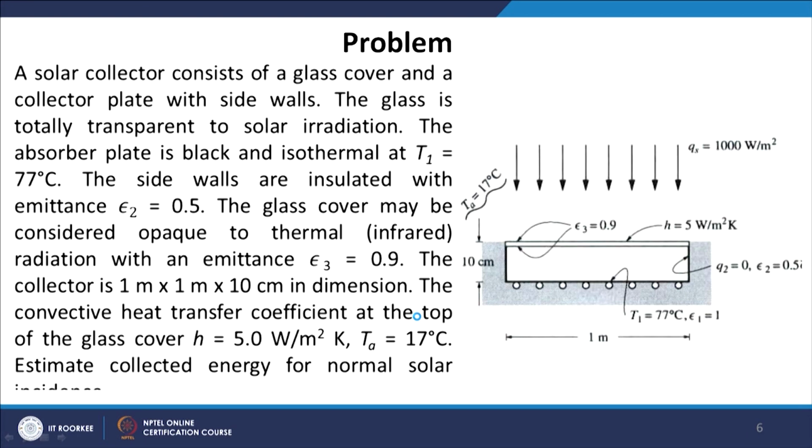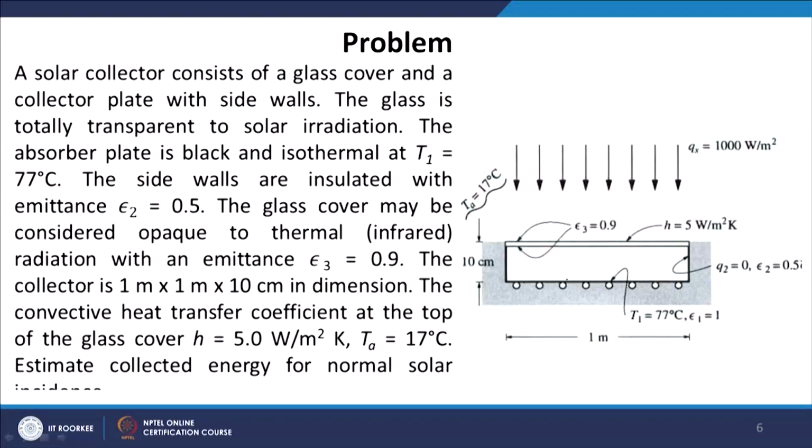So, this is a very simple method that basically allows us to solve complicated problems having multiple gray surfaces, where we want to solve for heat flux or the unknown black body emissive power of a particular surface. This method can be applied to find the potential, that is the temperature, or the current, that is the heat flux, in any arm or any surface. So, we will apply this method to this problem.